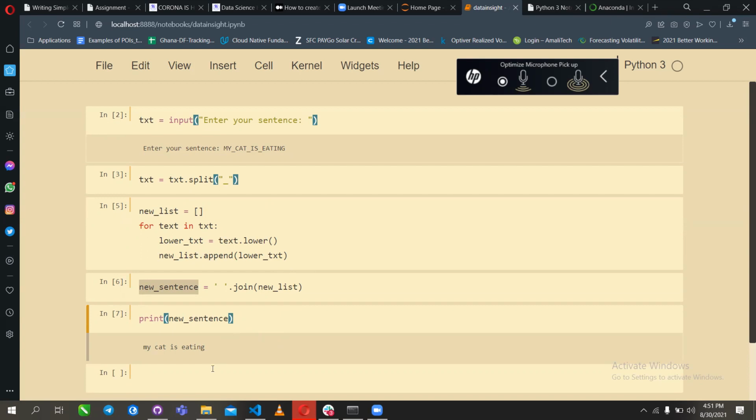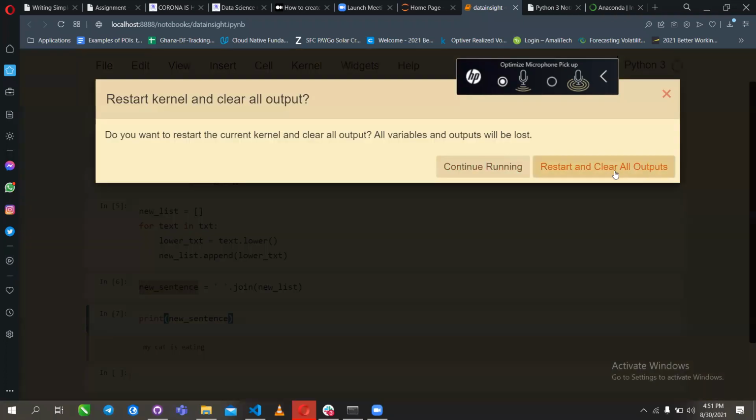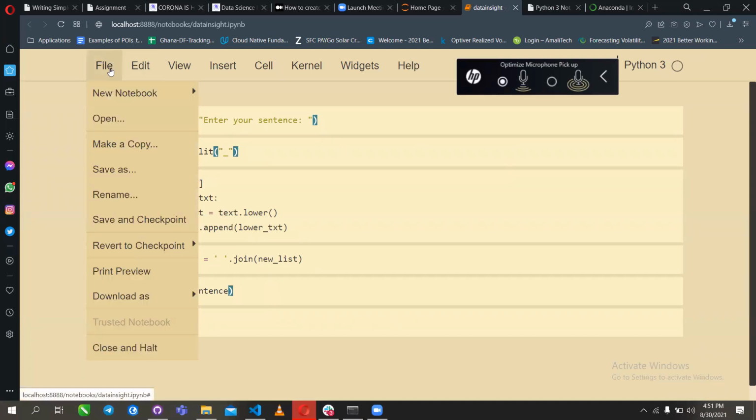So the code is working as you can see within this Jupyter notebook. So to convert this whole thing into a script, we just restart the kernel so that we get rid of everything. Because right now we know that everything is working. We restart the kernel, everything is gone. Everything has been cleared out of memory. Then you just click on file from this section. All right. Click on file. Then you click on this section, which is